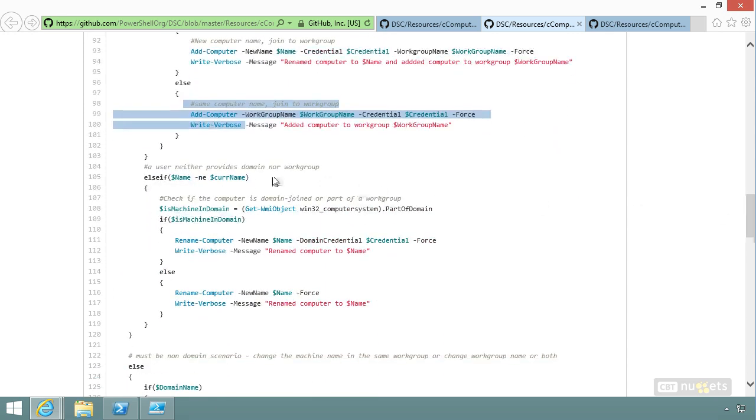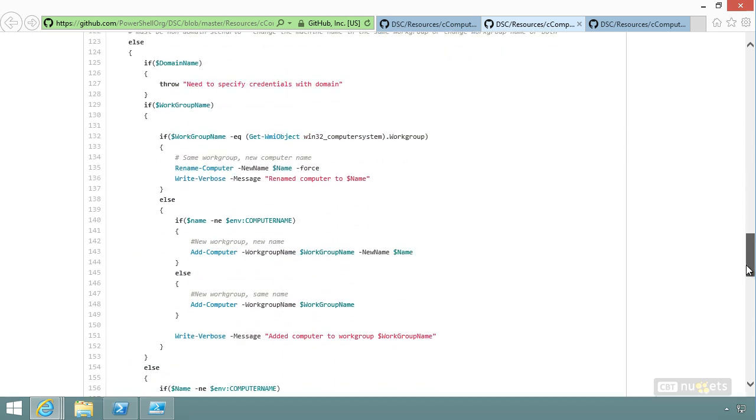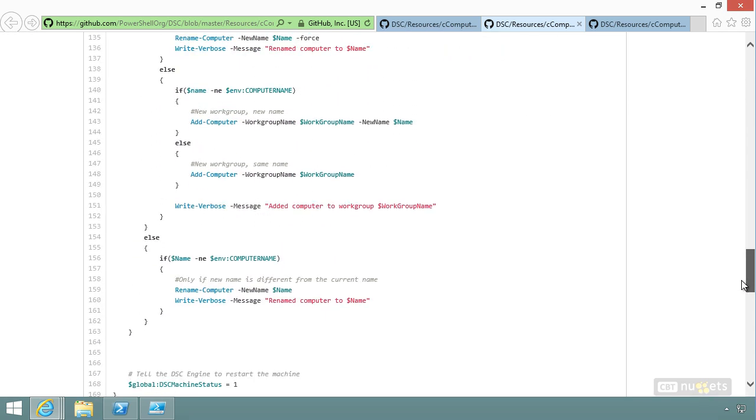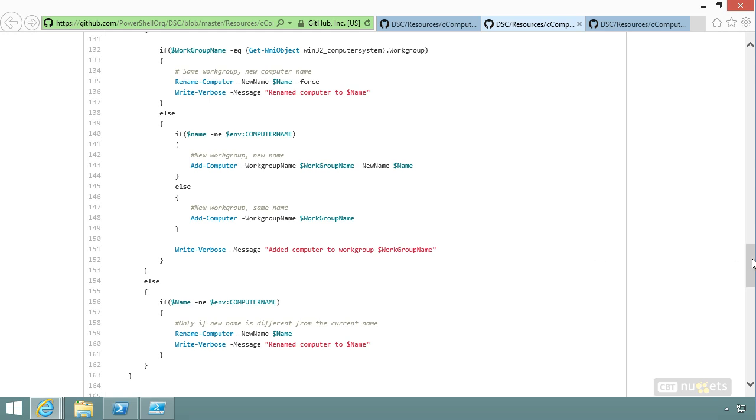Now, if the configuration did not provide a domain or a work group, then we're just looking to see if the computer name matches the current computer name, and we'll change that as needed. So there's a bunch of logic, but most of this is just dealing with all the possible situations. So the point of this is,